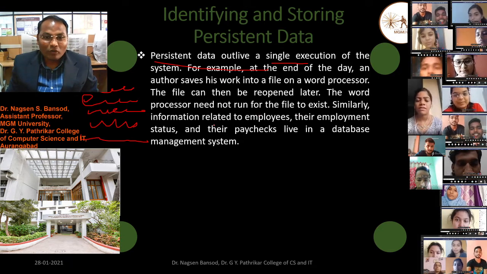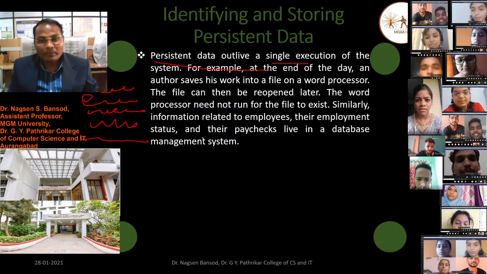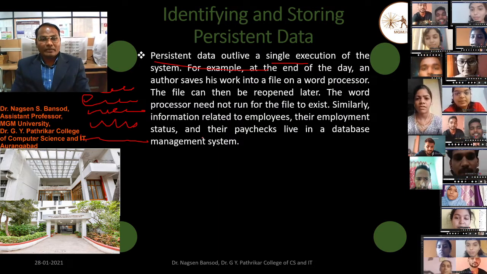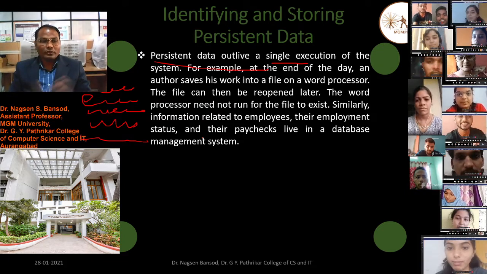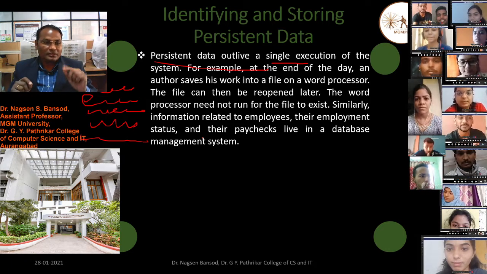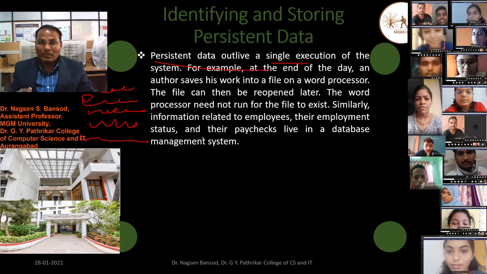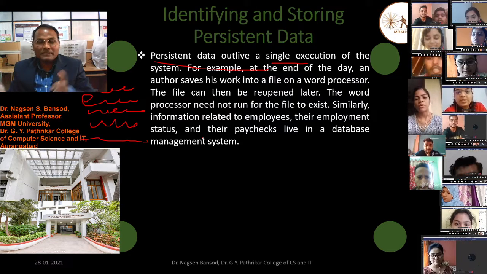Similarly, the information related to the employee, their employment status and their paychecks live in a database management system. As an author you write some notes, and they should be saved at the end of the day and reopened later the next day. This is persistent data.